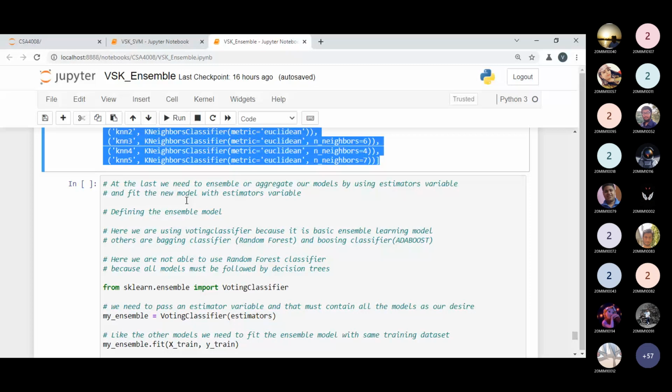So here we are using the voting classifier because it's a basic ensemble learning model, and the other ones, bagging and boosting, we are not using, because if you are using boosting, then we need the same type of models. If you're talking about random forest or bagging, we can implement them, but at that time logically you have to think all the models should be decision trees. If you are not using decision trees, then what happens? Is there any meaning? No, there is no sense. You can get the output. Suppose you are not getting any error, or you are getting some output, but that is not an actual output. That is only rough data we are getting.